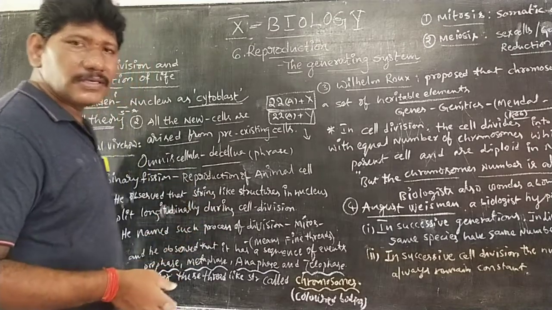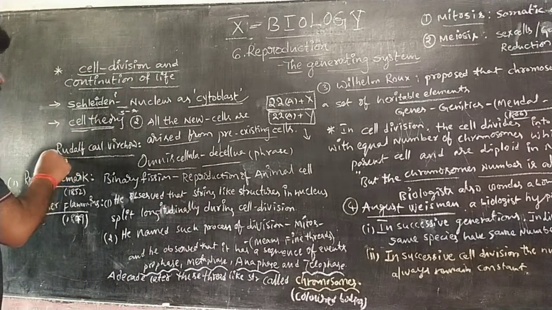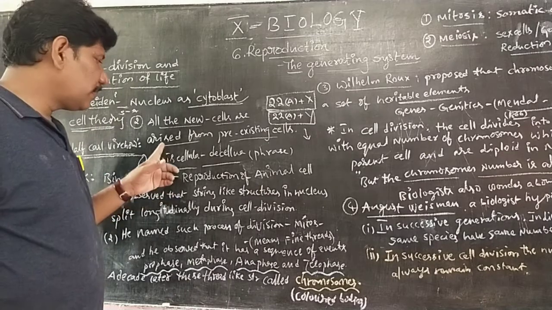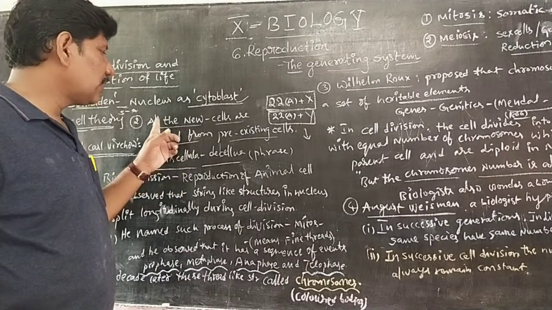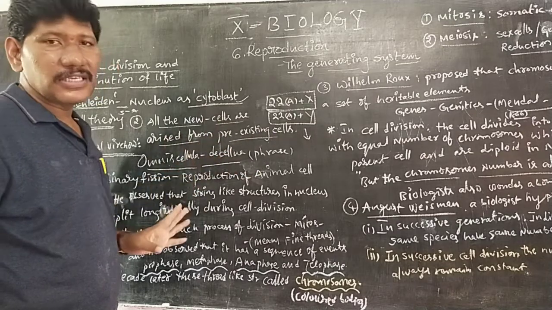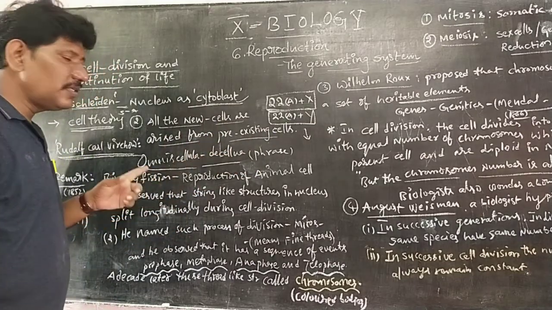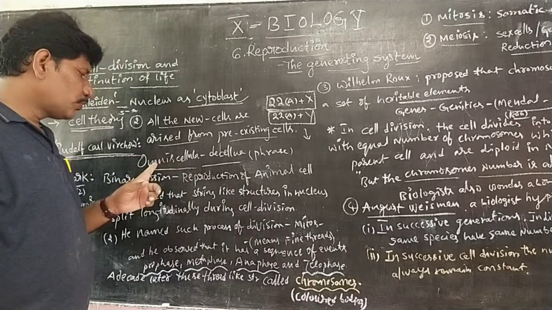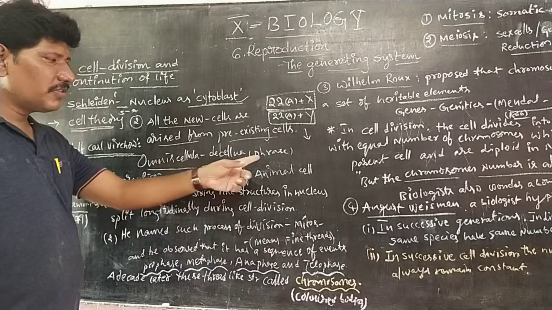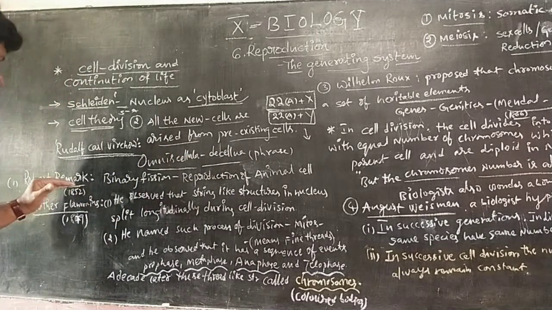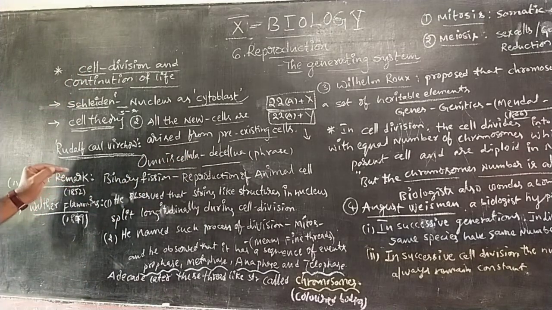This statement of cell theory was given by Rudolf Carl Virchow. Rudolf Carl Virchow gave the statement regarding cell theory that all new cells arise from already pre-existing cells. He gave a phrase, a combination of words, which is called a statement: omnis cellula e cellula. Next, an important